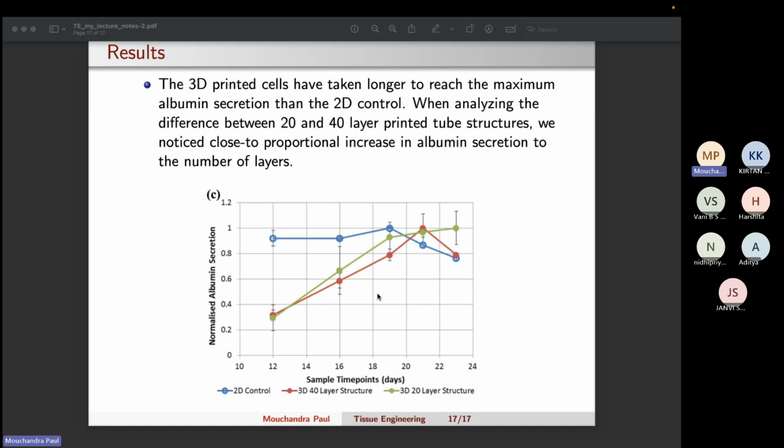I hope you guys have found this paper interesting, because this paper talks about the recent technologies being used in the area of tissue engineering, like 3D bioprinting and the use of stem cells. And the data that they have shown is very easy to understand. That is one more reason why I have chosen this paper for our discussion in this course. So if you have any queries,